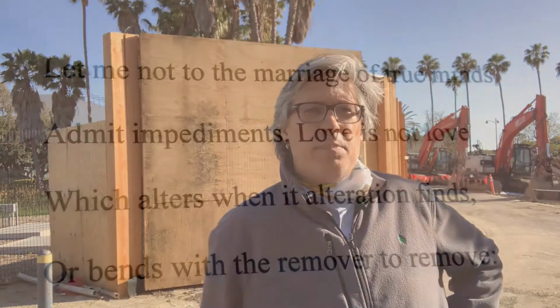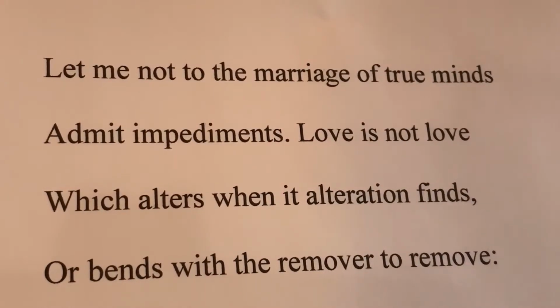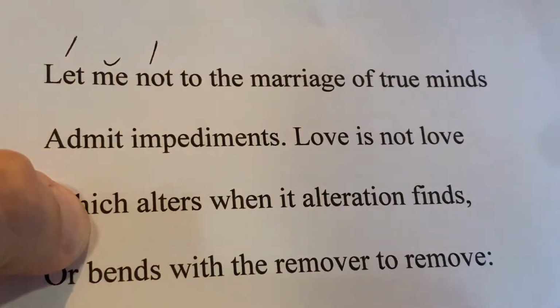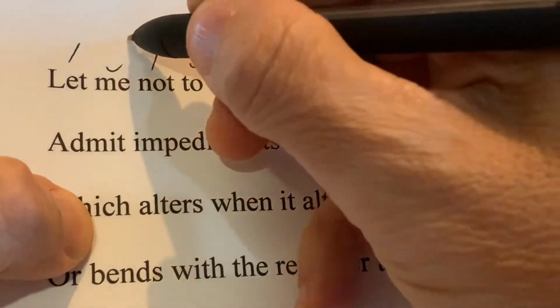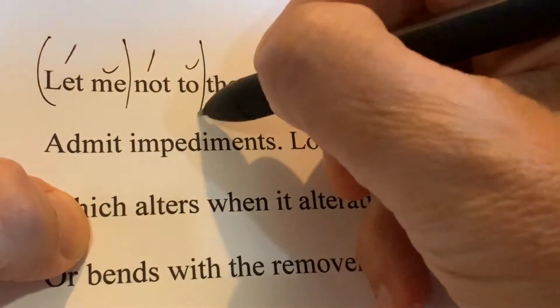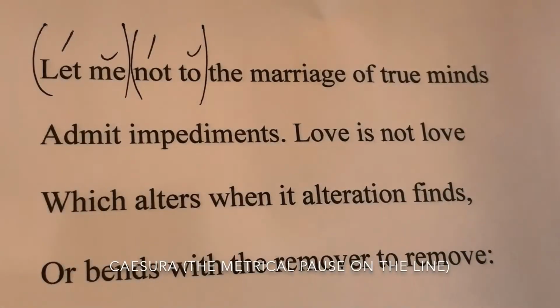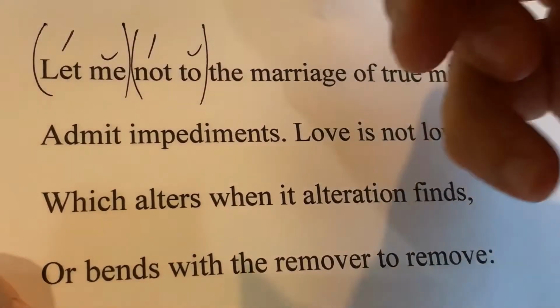Here's another example. It opens with trochaic inversion. Let me not to was the first 2 feet. Now, if we read the entire line, you'll hear that the caesura is tertiary. In other words, it happens after the 3rd syllable. Let me not to the marriage of true minds. Let me not